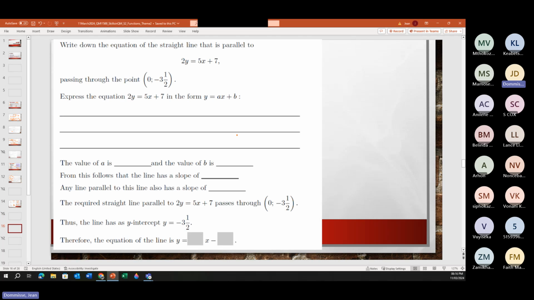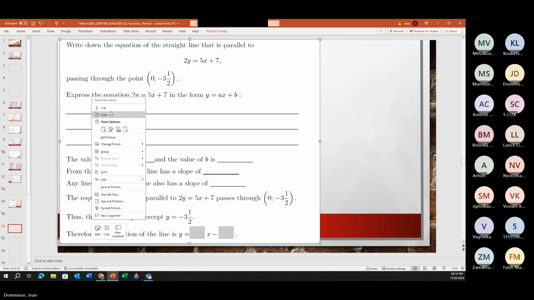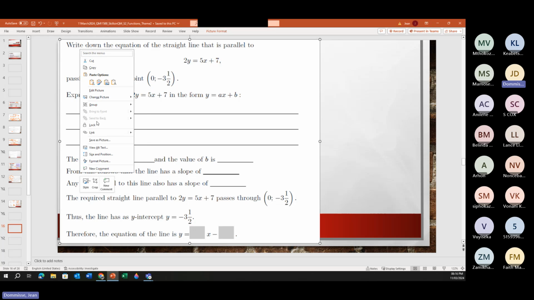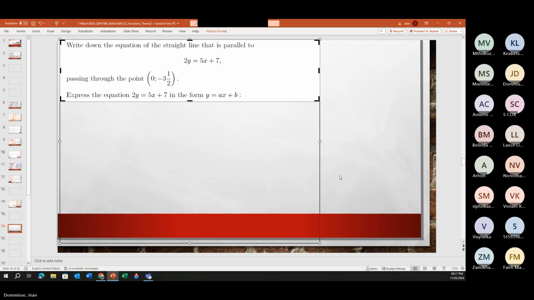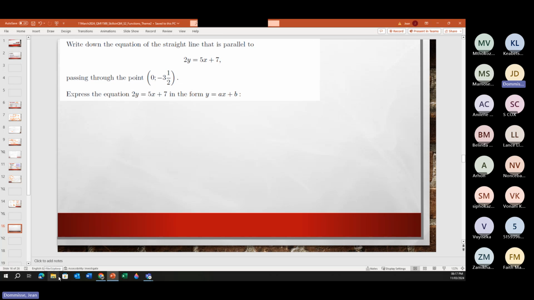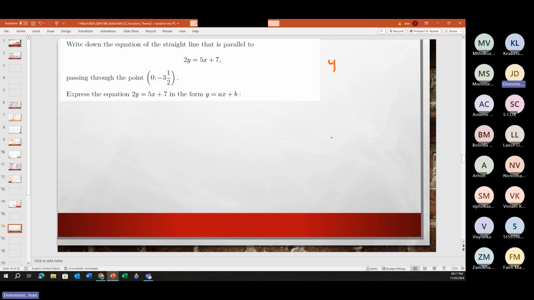Okay. Then another thing that they love to ask is, and let's take this bottom part away. So let me quickly see if I can crop it. And then we can look at it. So they give you a straight line. You can see that straight line is not in the normal way. So we normally want something to be equal to